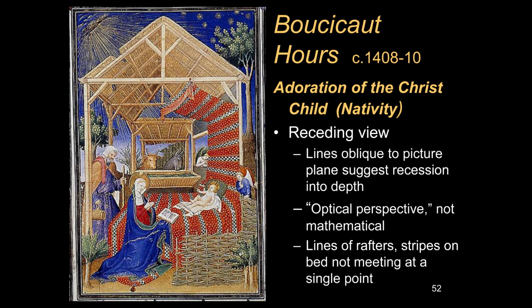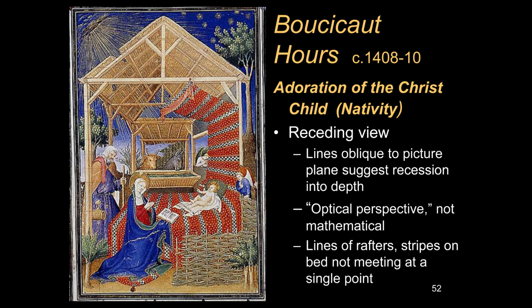And he's used a few other devices to suggest that we're looking into depth. One is this little wattle fence, this little woven fence that we see here. It's broken. It doesn't seem to serve much of a function, except it gives us what we call a repoussoir device. It is an object or person who is parallel to the picture plane in the front of the painting, in the lower part of the painting, which we read as the foreground. And that sort of marks the foreground.